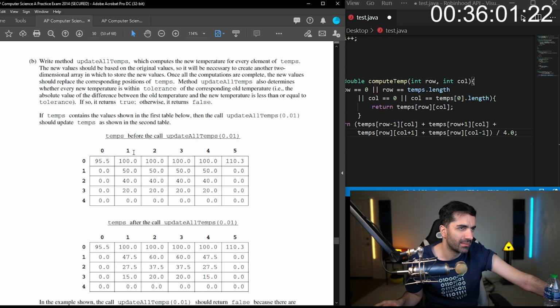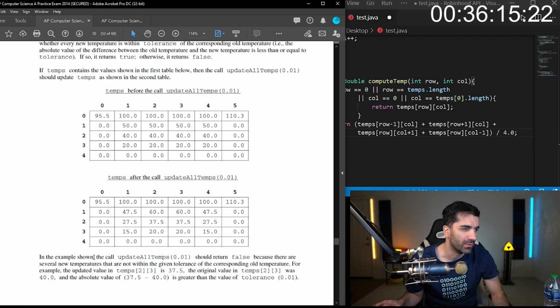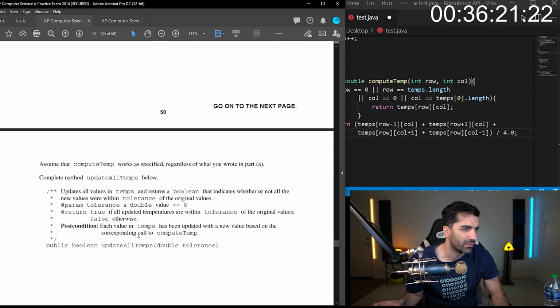Okay, so this is originally what temps looks like. If you call 0.01, I'm not exactly sure what this is actually doing though. It should return false. So what is the signature of this thing?